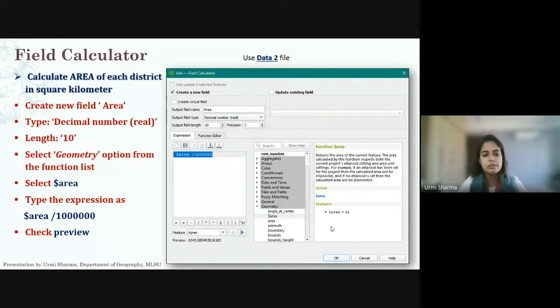Has anyone done this? Area calculation done. Okay, sir. Okay, so we'll move on